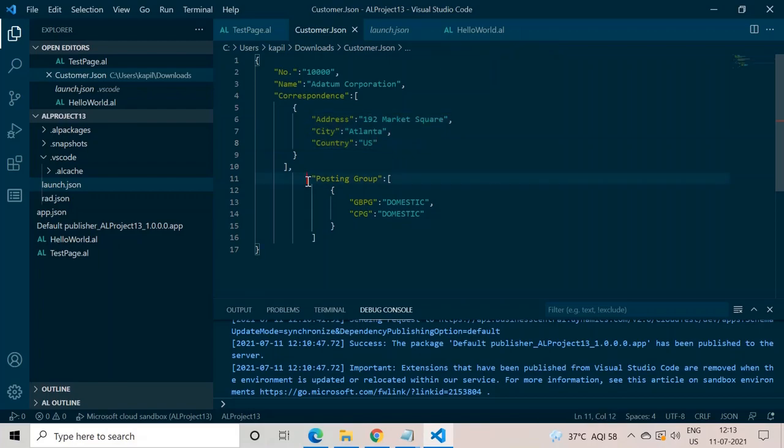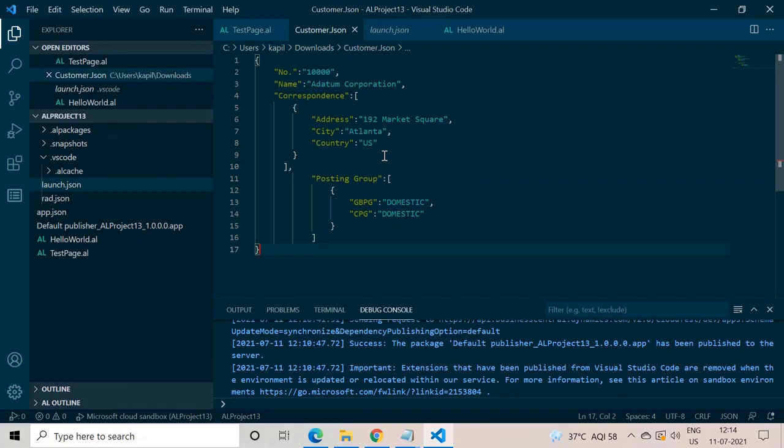Then we have defined a second category that is also part of an array, a posting group category, which has general business posting group and customer posting group, and all these are part of the main braces. So this is how we can create the JSON file, write the data in the JSON file, and download the file.